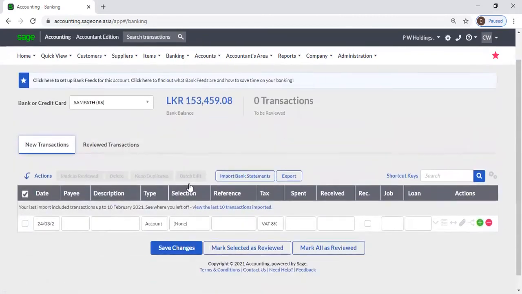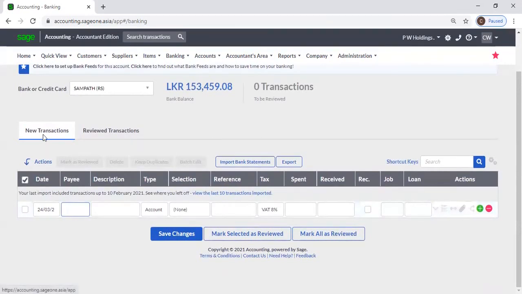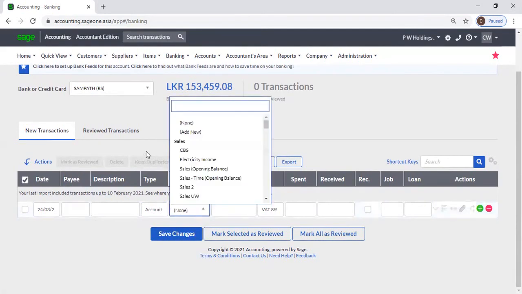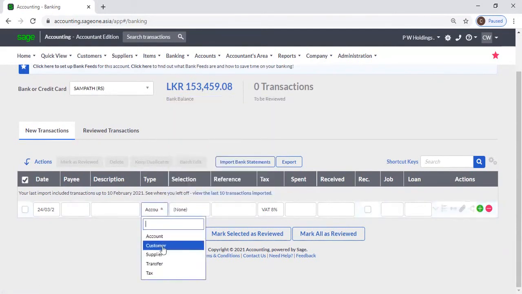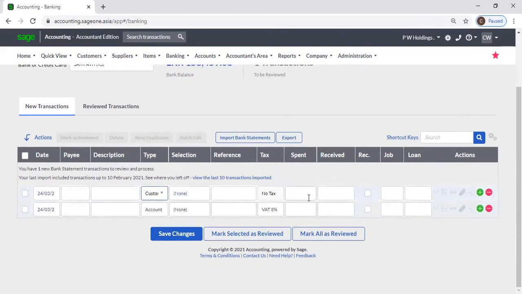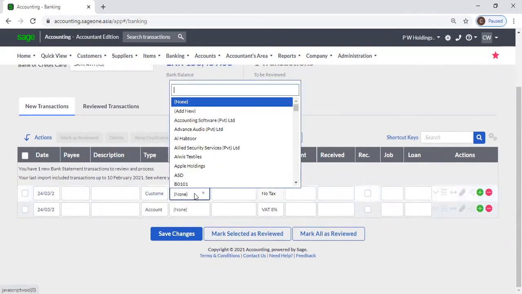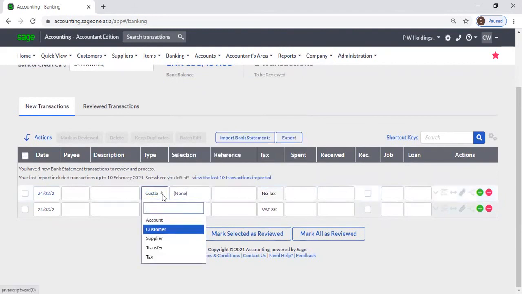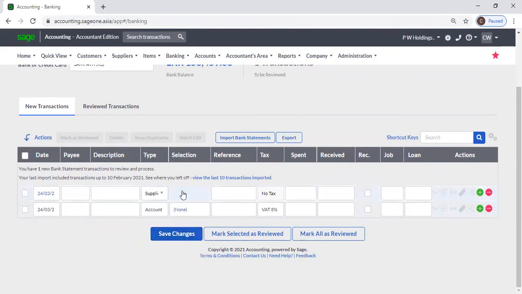When you are entering a new transaction, you can enter it under the new transaction tab. And from banking transaction, you can pay for account, GL account. Then you can select customers. If you are receiving money from or spending money to a customer, you need to select customer as type. Then you can select supplier as type. Then you can spend or receive money from suppliers. If you want to do a fund